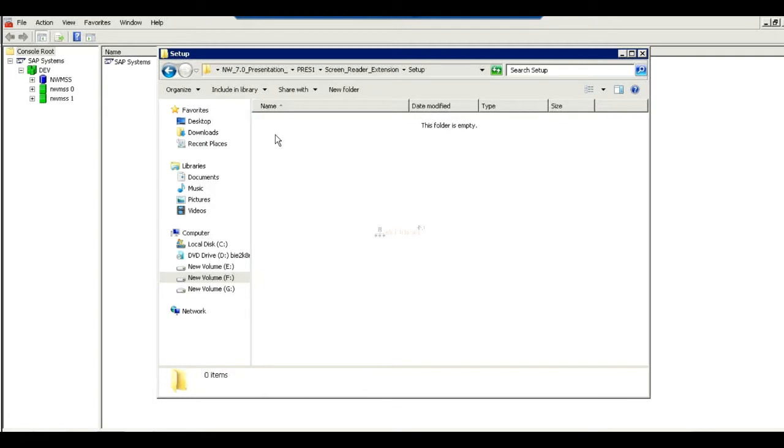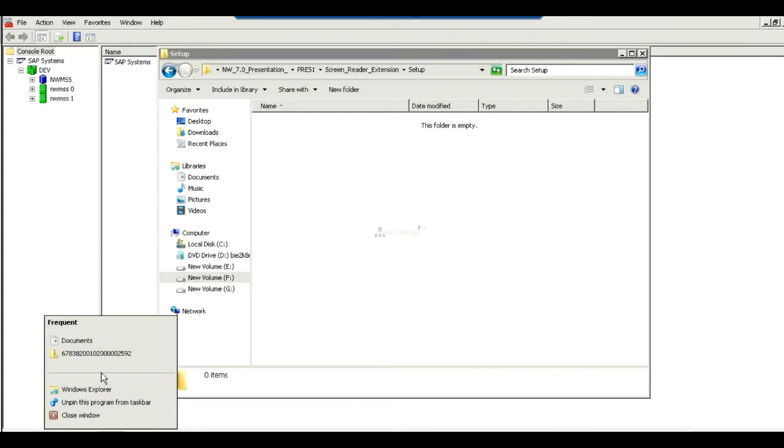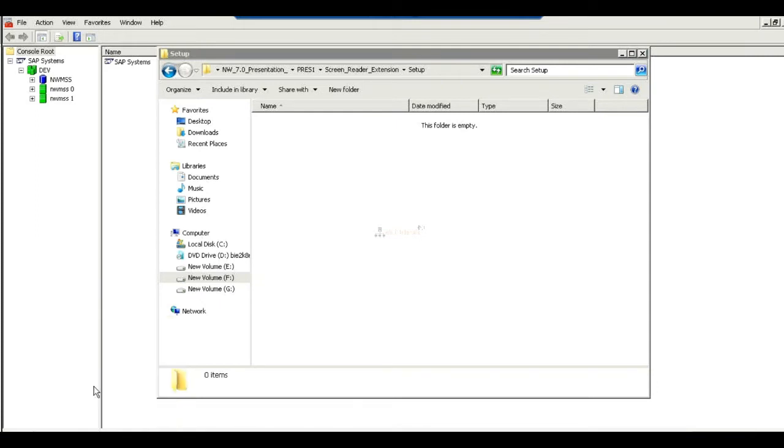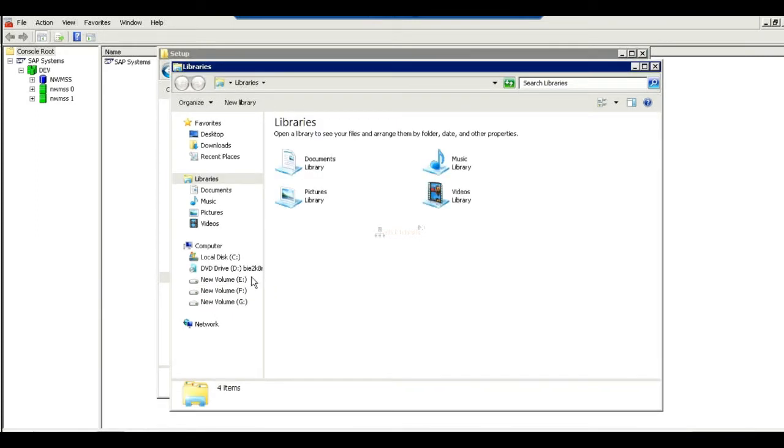This folder is empty. We'll see the profiles. Where is the location of my profiles?